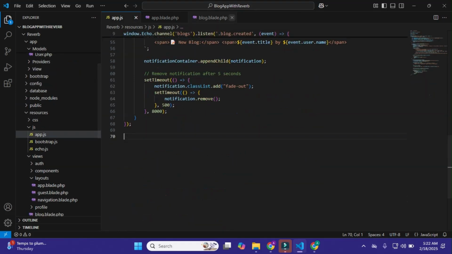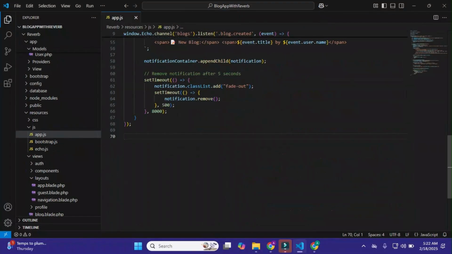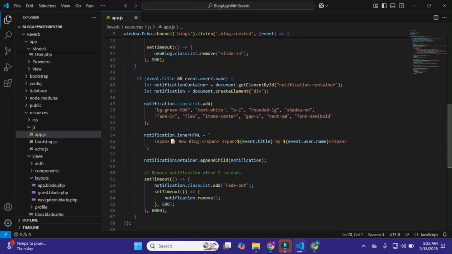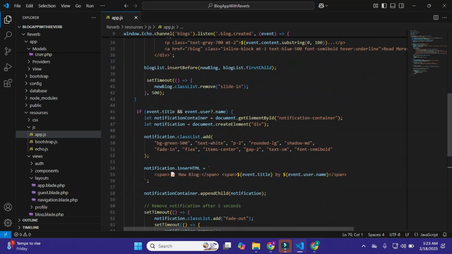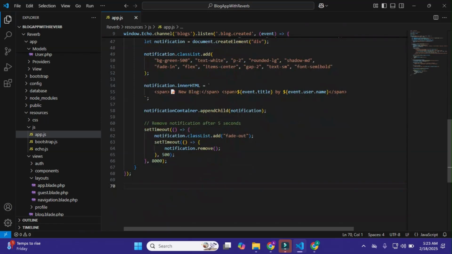Okay, just simply close this, we don't need this, and also we don't need this. So I'll just simply define here same like this. Okay, and for this I'll just simply make it here like this.